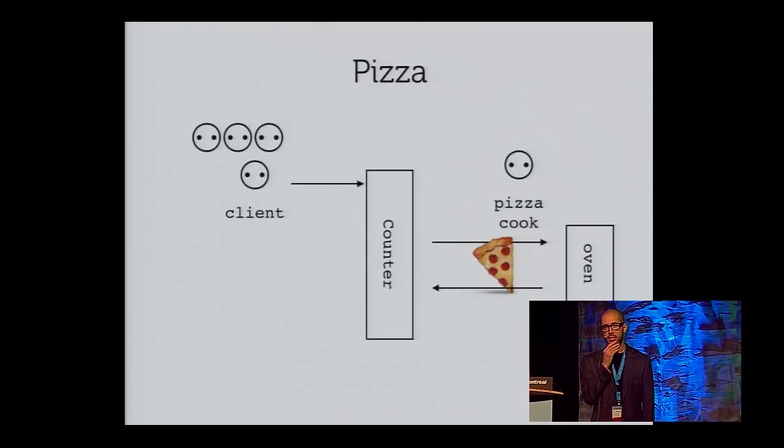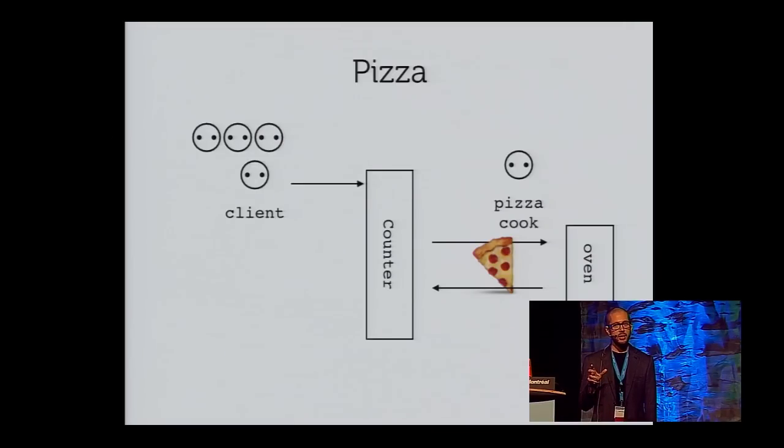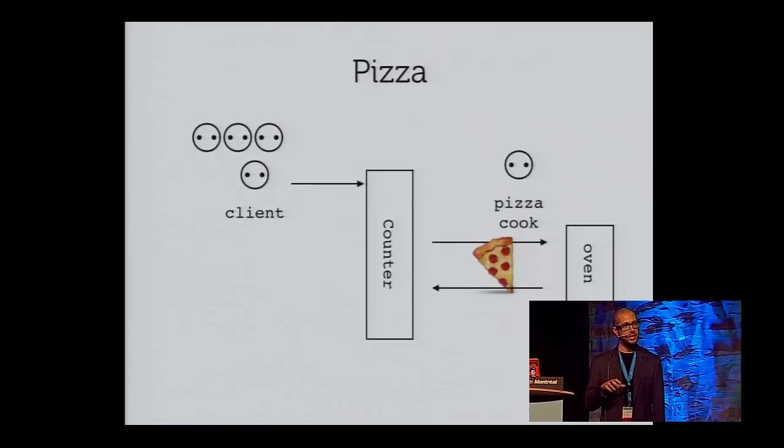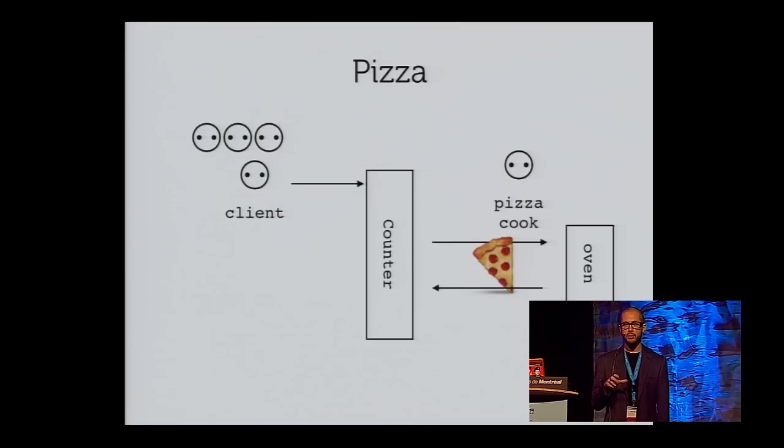Now, the one problem that the cook is going to experience is that with lots of concurrent clients all asking for slices and lots of slices in the oven, the cook is going to need some kind of mnemonic for remembering how long each slice has been in and what client it belongs to.